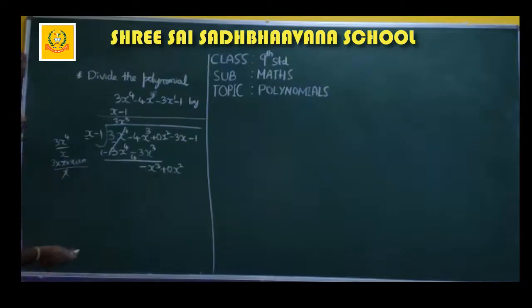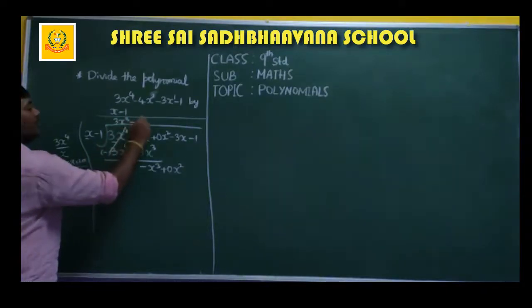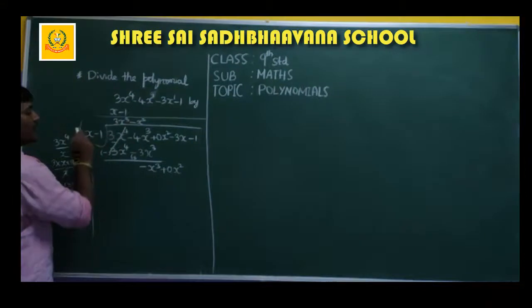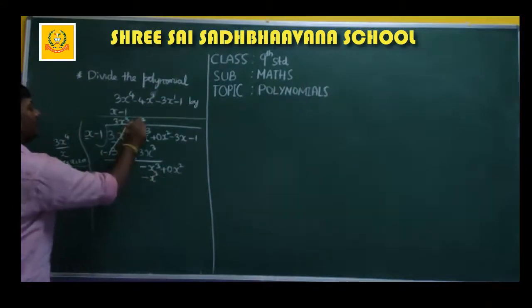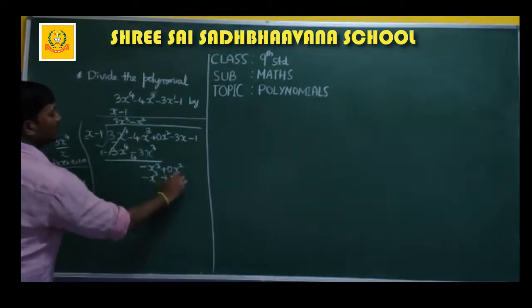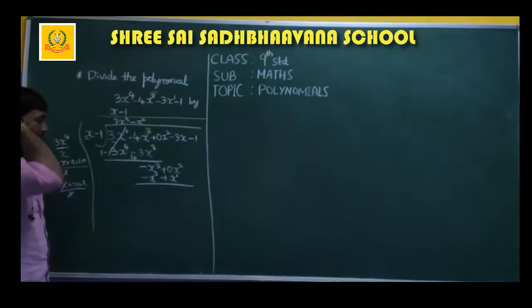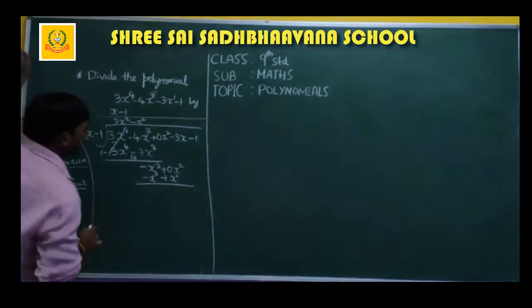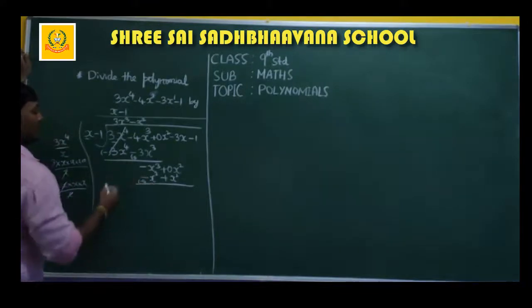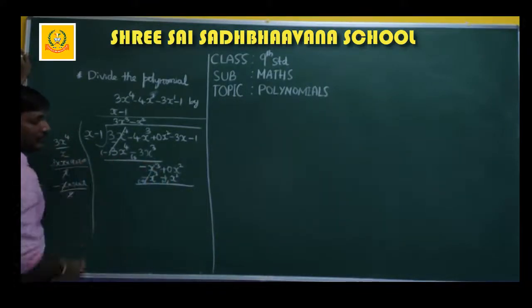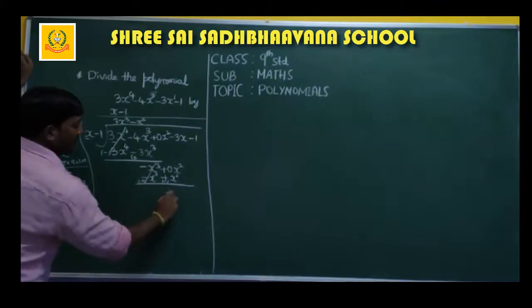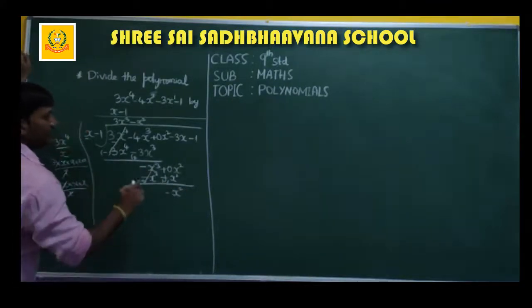Now minus x cube, can I write x cube as x into x divided by the first term x. So x will get cancelled, you will be left with minus x square. So take minus x square. So minus x square into x, minus x cube, minus x square into 1, plus x square. Got it? So now when you subtract, this will become plus and this will become minus. So this gets cancelled. You'll be left with minus x square.